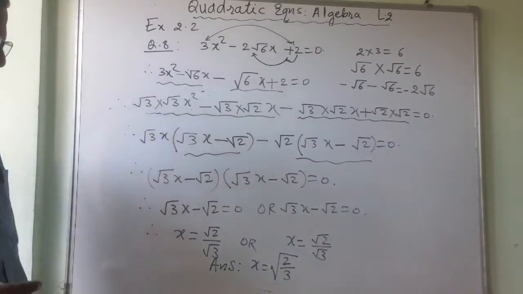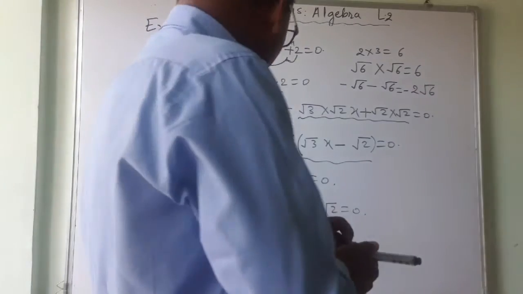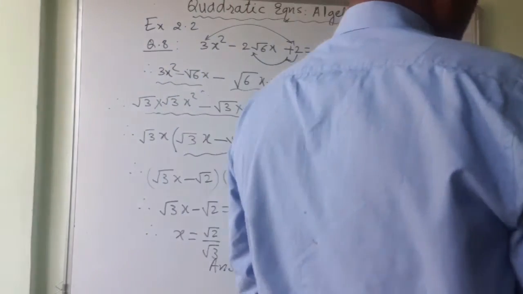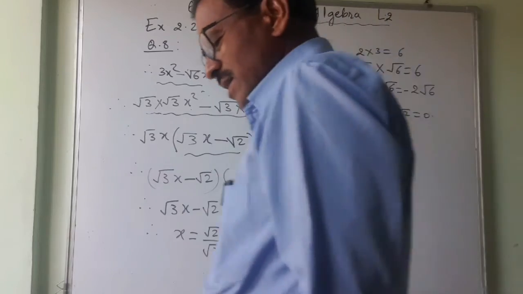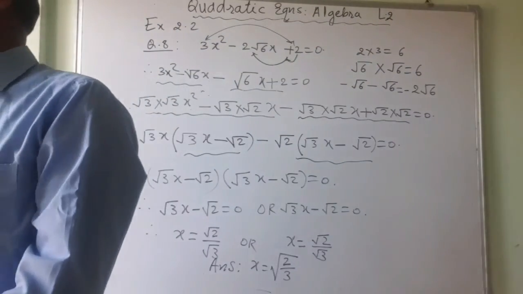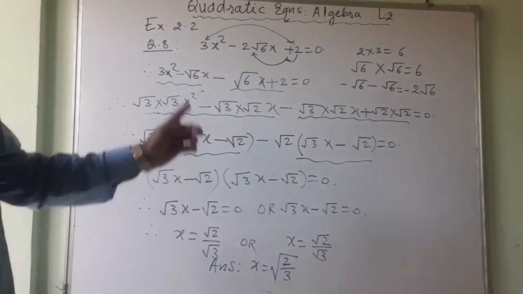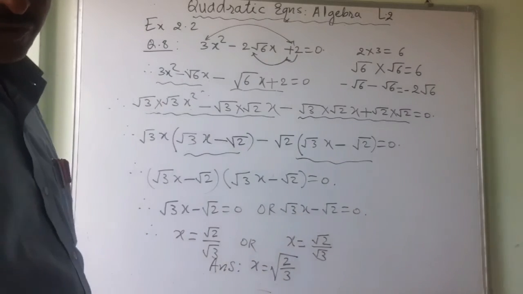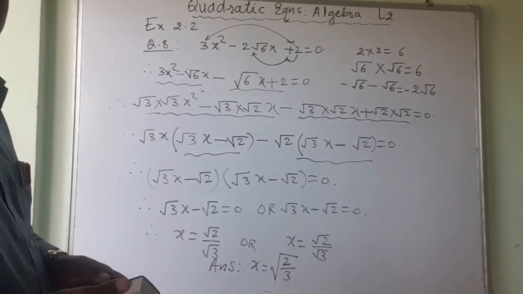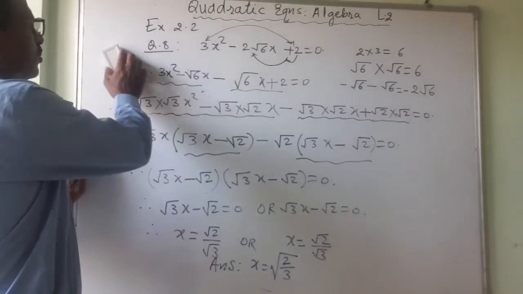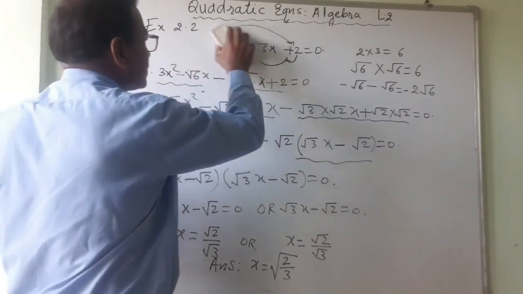So if I ask you a question, what is the value of the discriminant? So you might have got the answer. Discriminant delta means b square minus 4ac. For this question would be 0. This question may come for that also. Discuss the nature of the roots. So this is over, this sum is over.